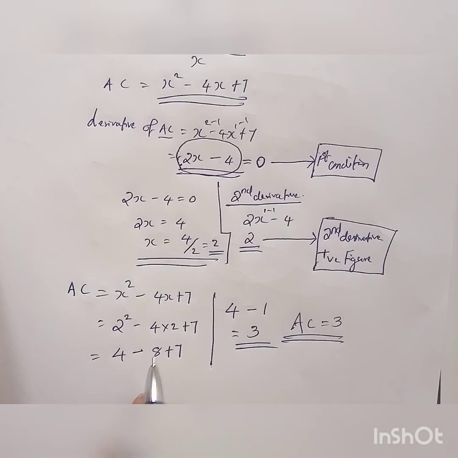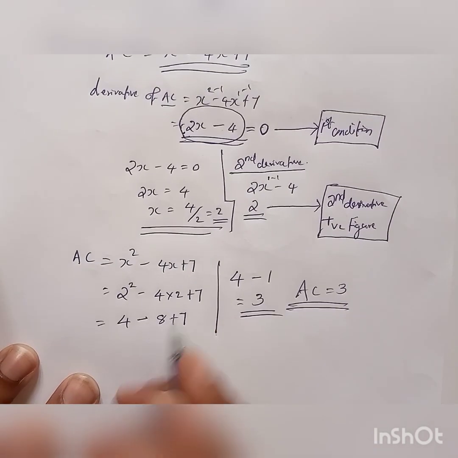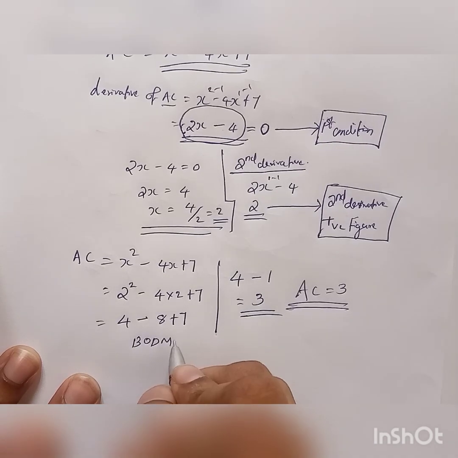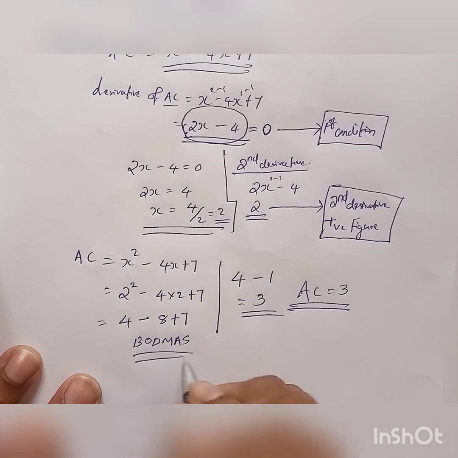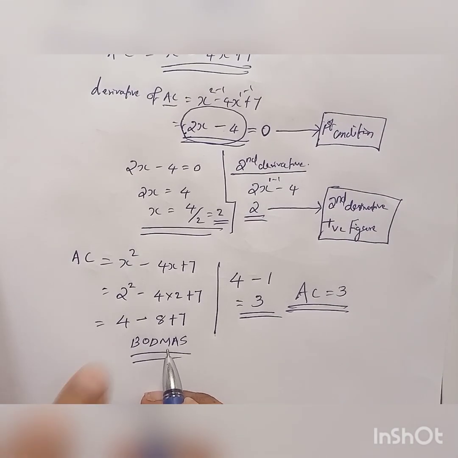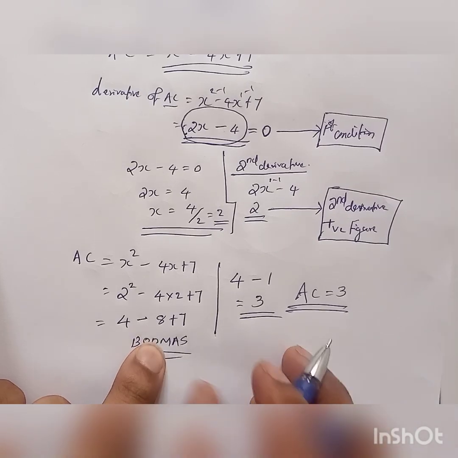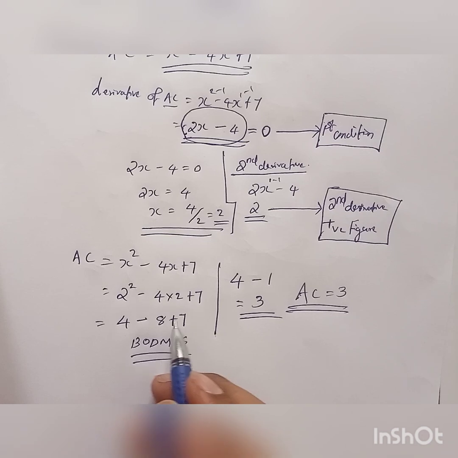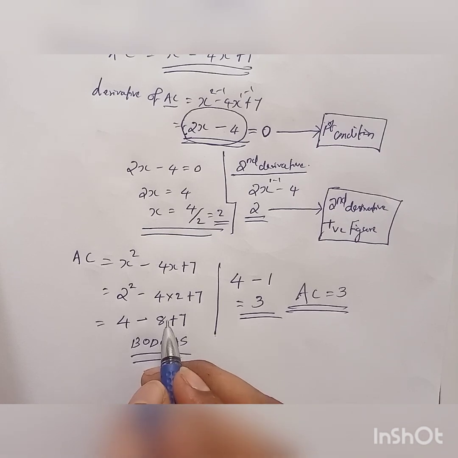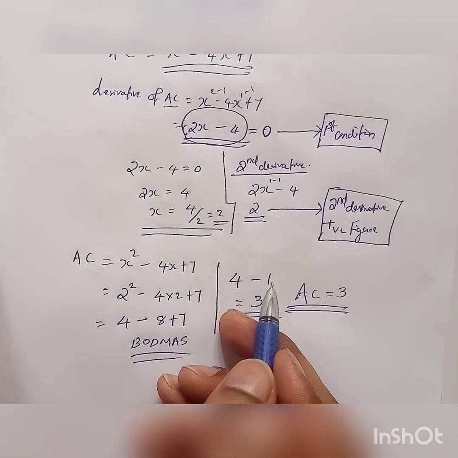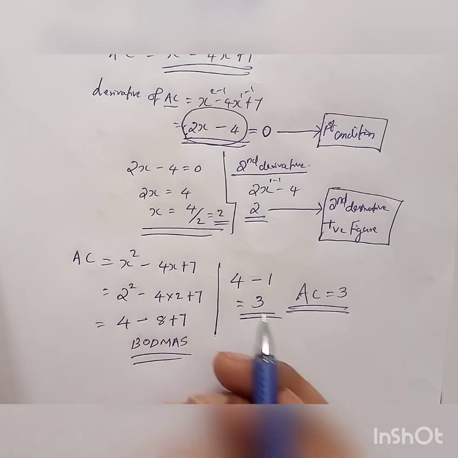And how did we solve it? Hope you know BODMAS, right? Bracket, division, multiplication, addition and subtraction, right? First what we have to do? First we have to divide, then we have to do multiplication. Since in this equation we don't have division or multiplication, first what we have to solve? First we have to solve addition, right? We are solving addition. Here you will get minus 1. Then next is subtraction. So from 4 we have reduced 1, and we are getting final 3 only. So that is the answer.